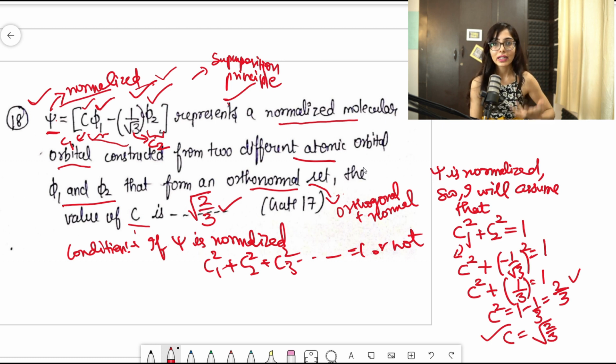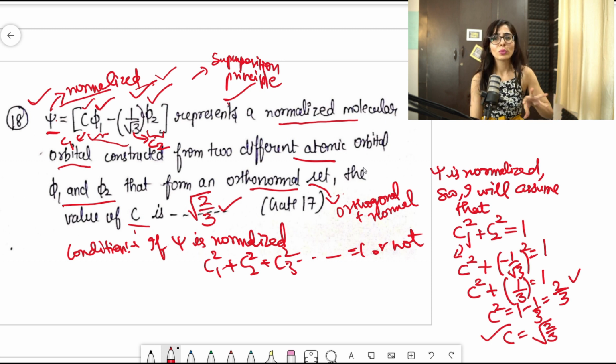Otherwise, if you are attempting it in exam, luckily if this type of question comes in the exam, you can easily do it within, like, I guess 20 to 30 seconds. So you can see how easy questions come from superposition principle. You just need to see only 2 to 3 things: how to calculate probability, how to check whether the function is normalized or not. You just need to check c1 square plus c2 square plus c3 square, depending on how many states are given, is equal to 1 or not. Clear? And the third one is the average value of energy, Lz or L square.